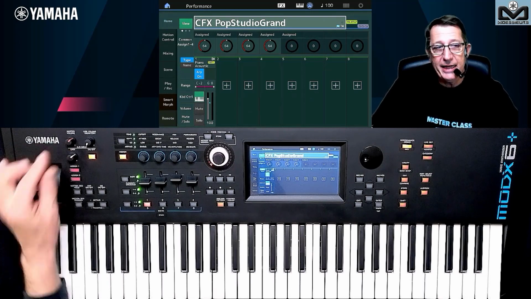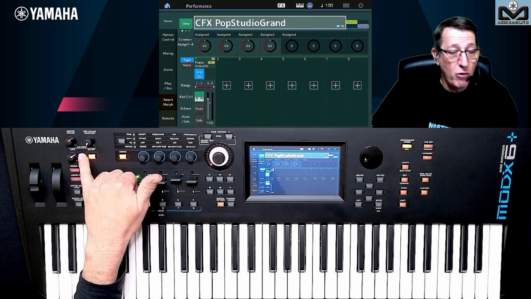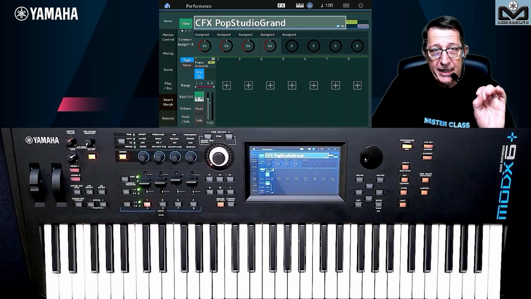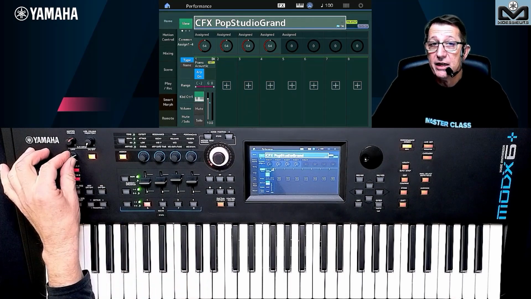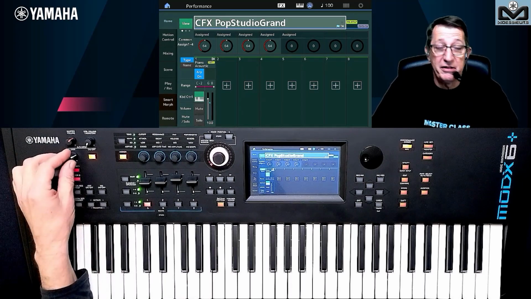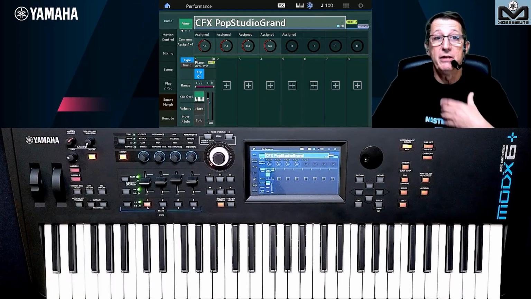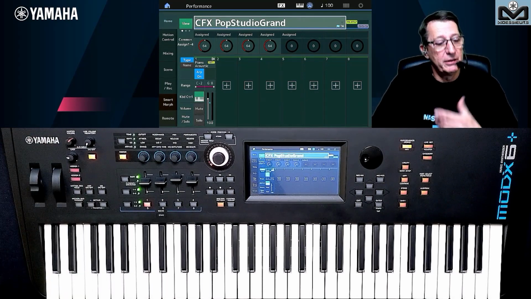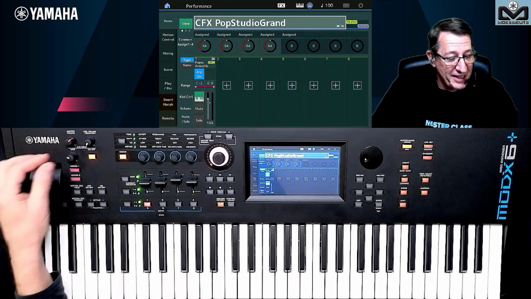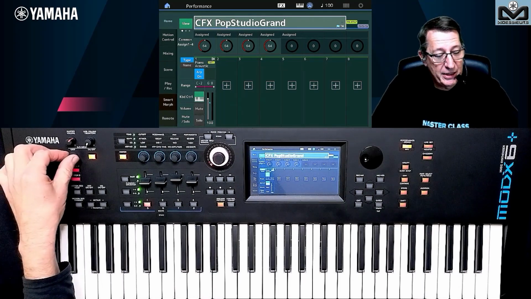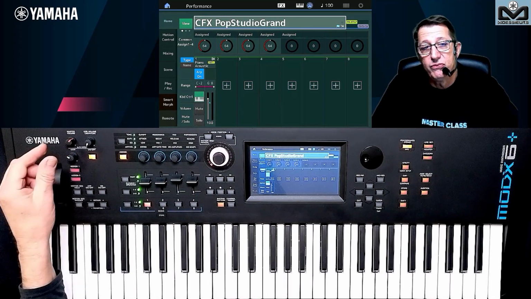And here there is a big advantage for Montage users, because on the Montage you have a little red LED that blinks if you put the level high. So if you put too much level, you will have some distortion on the sound, so not very good. If you put it too low, if it's a microphone, you need to talk very strong, and you cannot keep that for 2 hours on stage. So we need to put the mixer more up, and we have some breath.